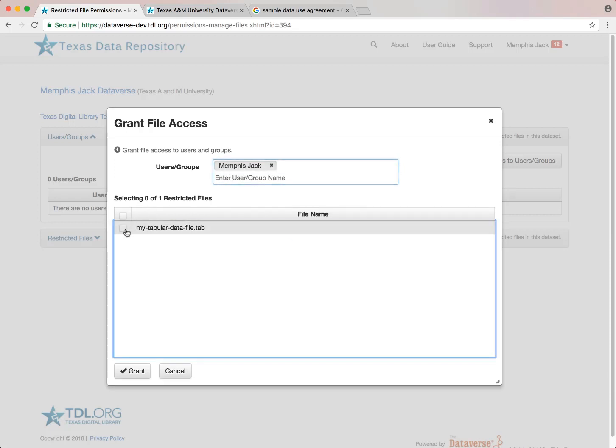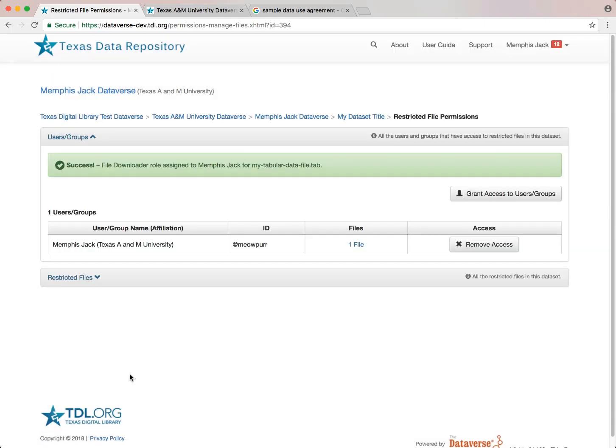Every time you create these new restrictions, you have created a new version of the dataset that also needs to